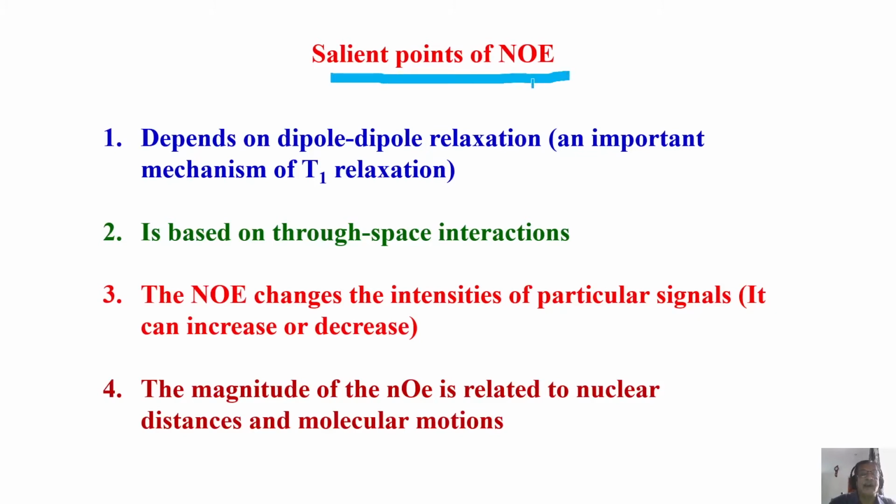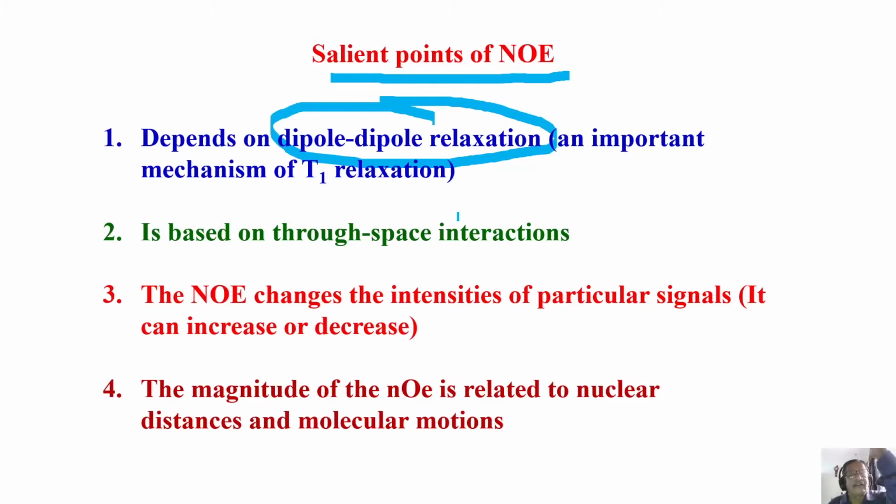Now the salient points of NOE. One of the important things is that it depends upon the dipole-dipole relaxation mechanism. Very, very important mechanism for relaxation. Remember, very important mechanism for relaxation. There are many ways the spins can relax. You apply a 90-degree pulse, bring the magnetization to the x-axis. As I told you, it has to go back. When it goes back, it exchanges energy with the surroundings, and finally, slowly, the energy it has gained, it will give to the lattice and go back and attain thermal equilibrium.